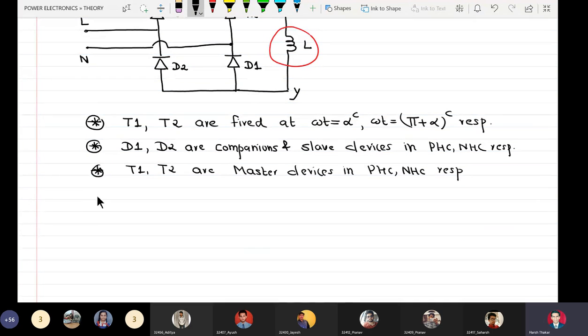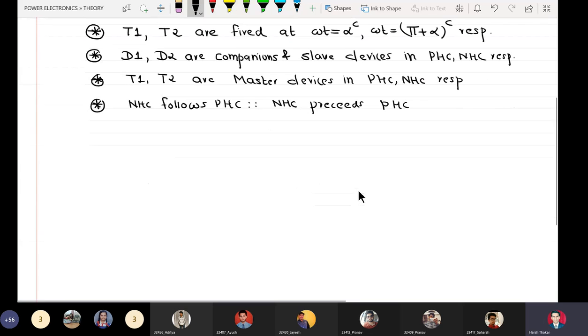That is why we can also say here that negative half cycle follows positive half cycle, but we can also tell that negative half cycle precedes positive half cycle also in a system. Okay, so